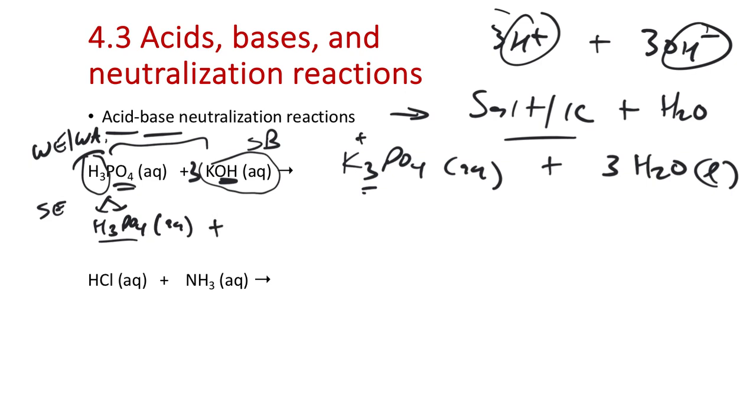And so then my KOH is a strong electrolyte, so I break that apart into my 3 K plus and my 3 OH minus ions. So the KOH solution is really potassium ions and hydroxide ions, not really KOH stuck together. Like H3PO4, those atoms are really still stuck together. And then when the reaction takes place, the hydroxide ions will find the H plus ions, bump into them, pull